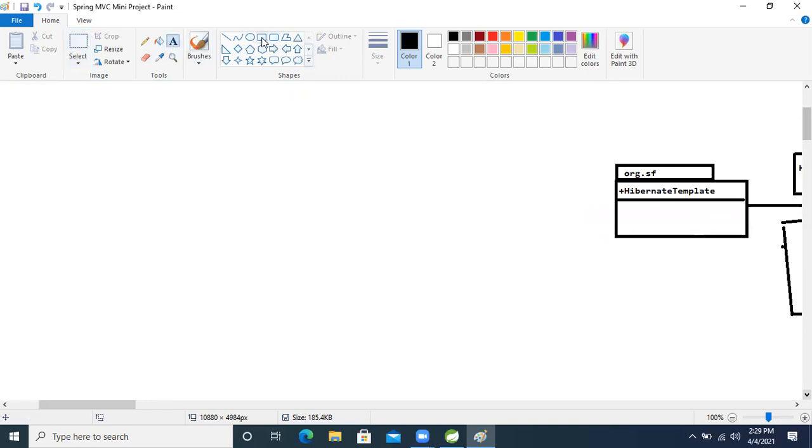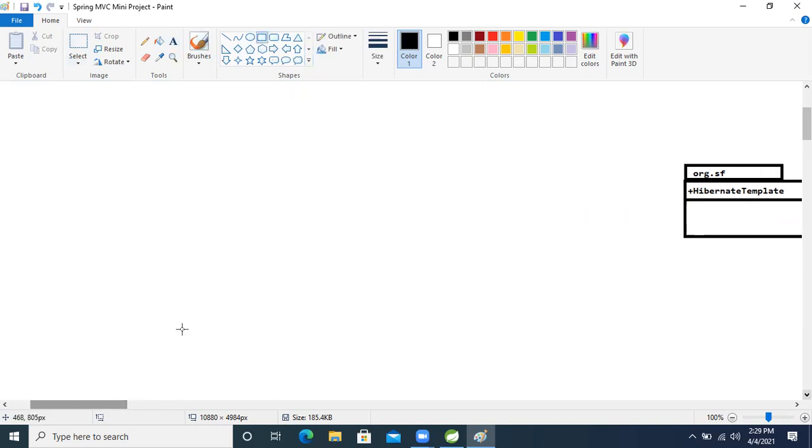First, let's create our own classes, the DAO, service and controller, as we are working on the Spring MVC model. So for that, what will we do now? This is our interface. Based on that one only we will implement our project, guys. What DAO interface name will we take?